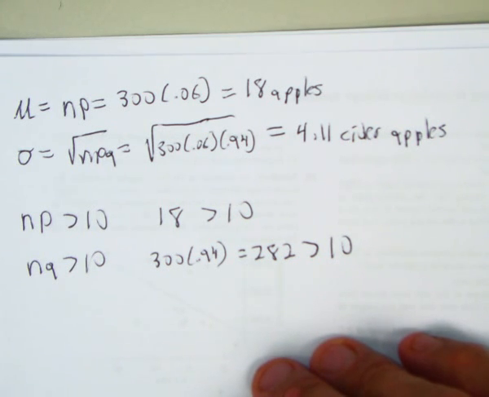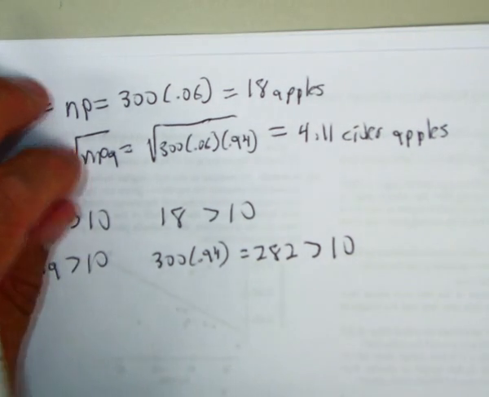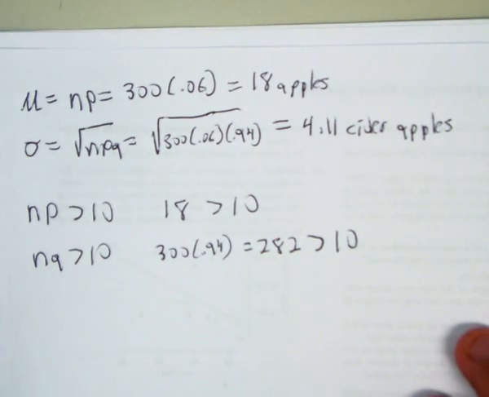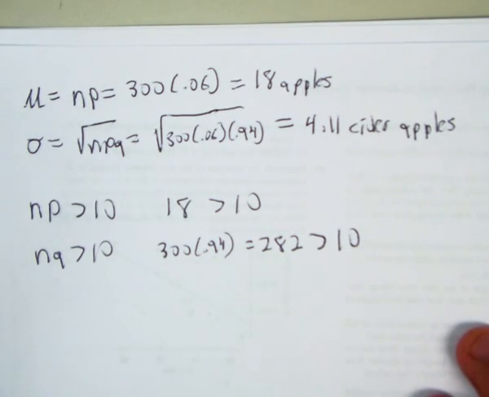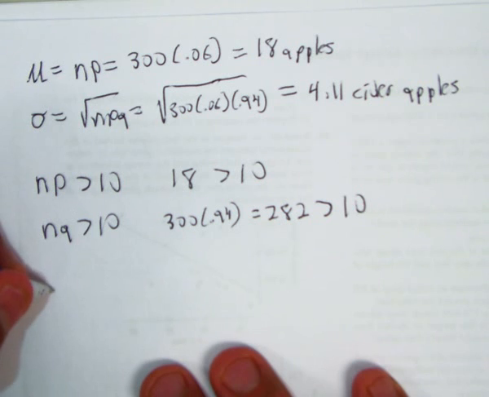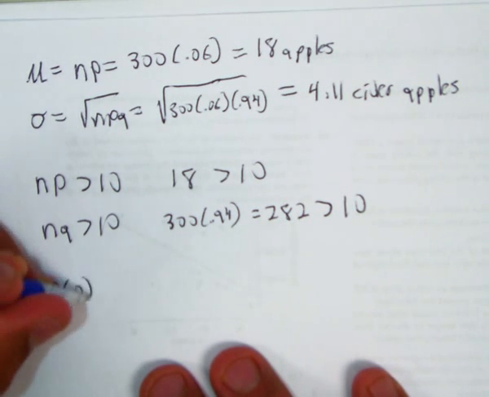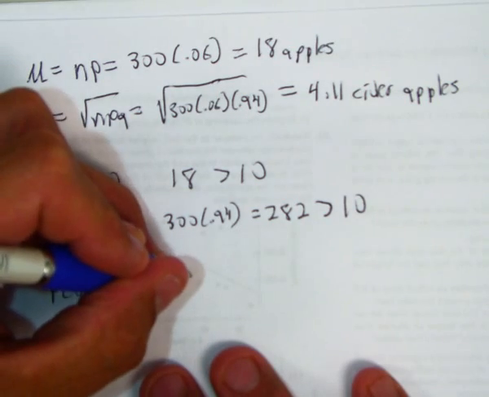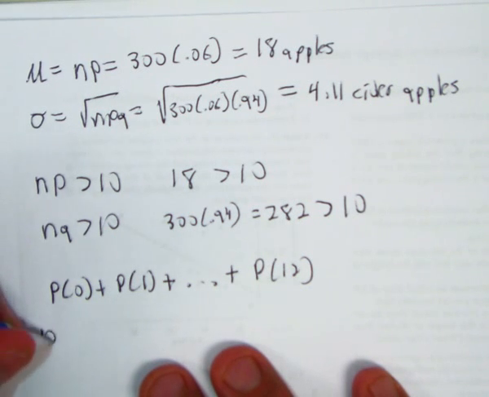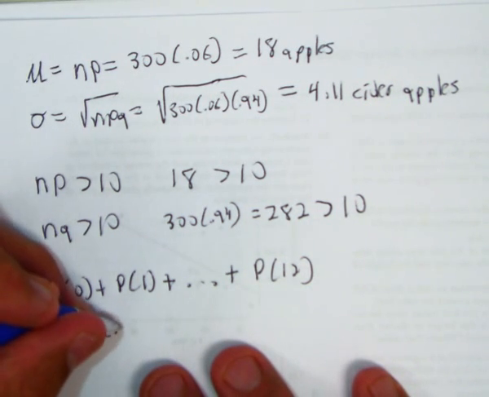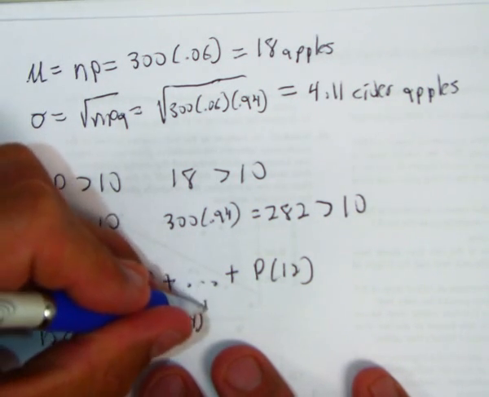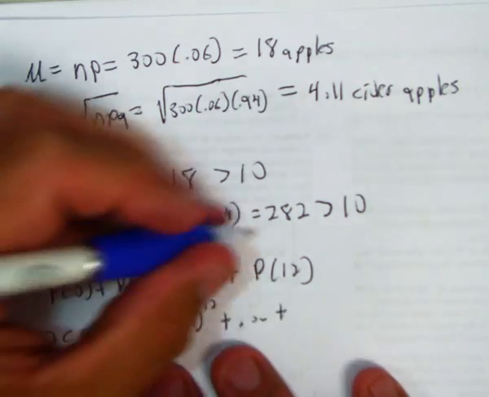Okay. So then, problem B says find the probability there will be no more than a dozen cider apples. Okay, so I'm going to do this using the normal model. You could do this one of two ways. You can do this: you could sum 0 up to 12. So that would be 12 choose 0, and that would be 0.06 to the 0, 0.94 to the 12th, plus dot dot dot,